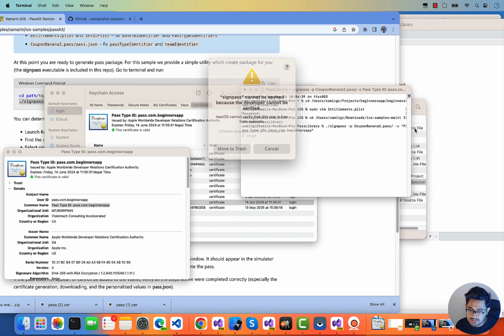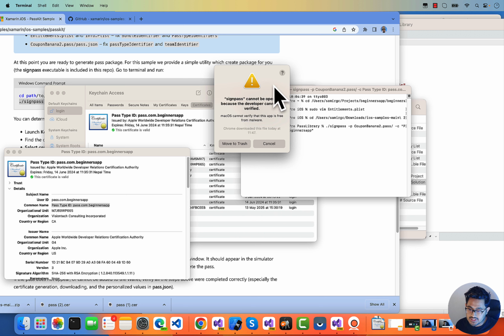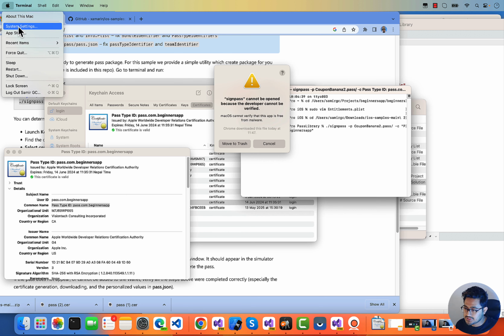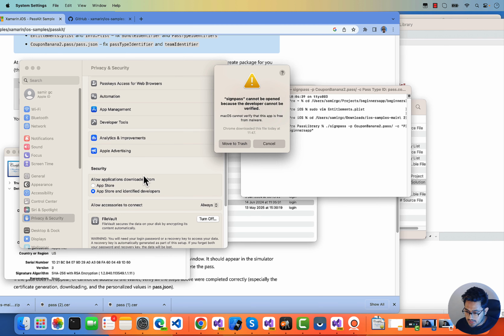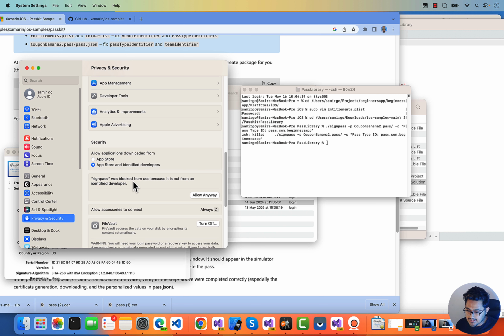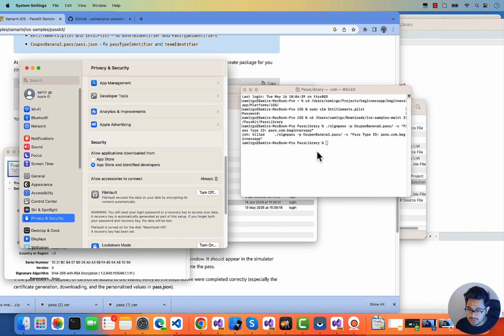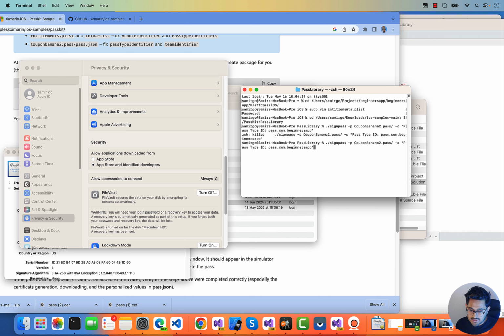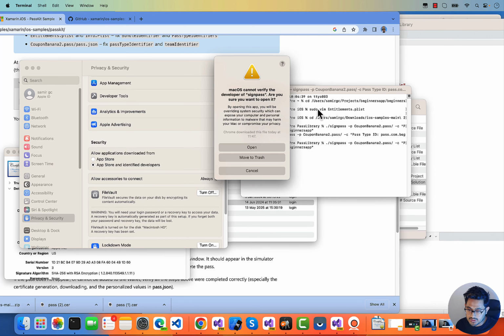If I hit enter, it tells me that sign in pass can't be opened because the developer account is not verified. What I'll do is go to System Settings. If I click on cancel, then it tells me sign in pass was blocked, so allow anyway. If I hit the up button again, the code comes back. If I hit return again, another pop-up is going to come. If I click on open,